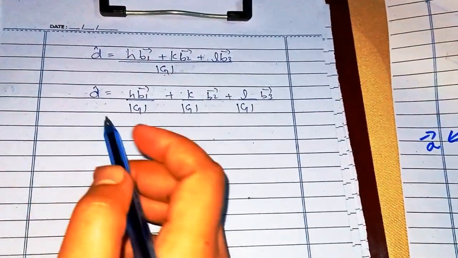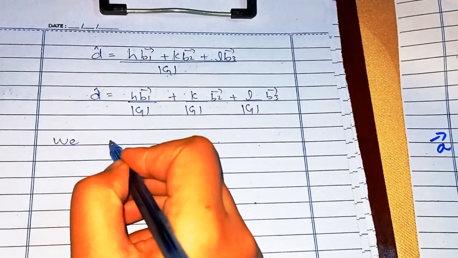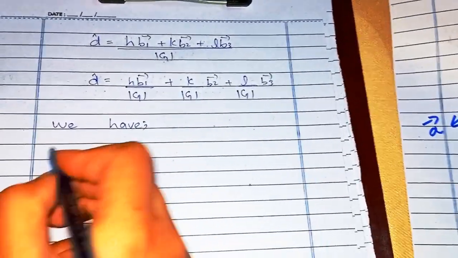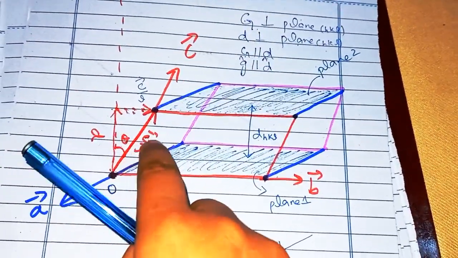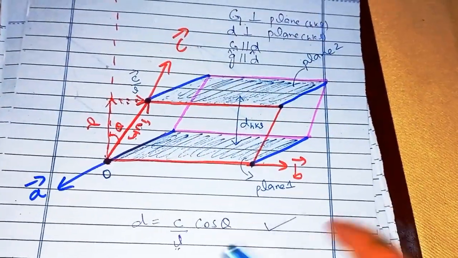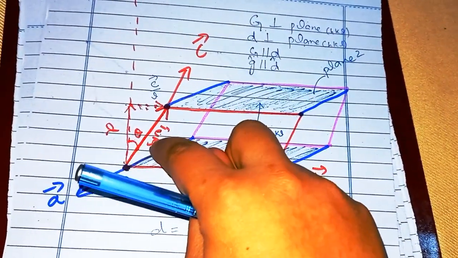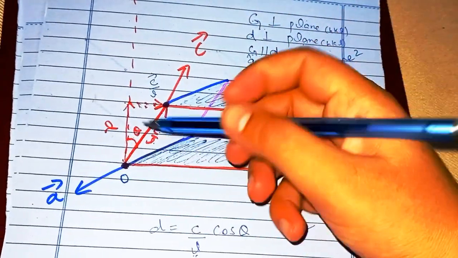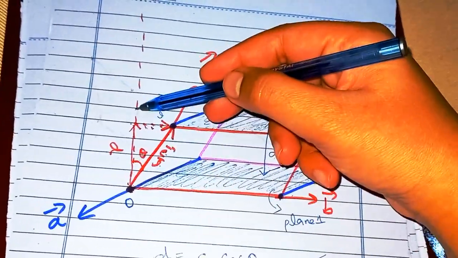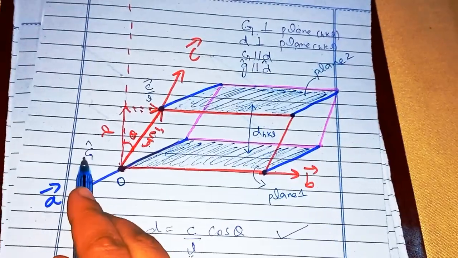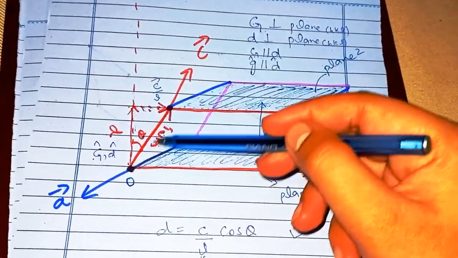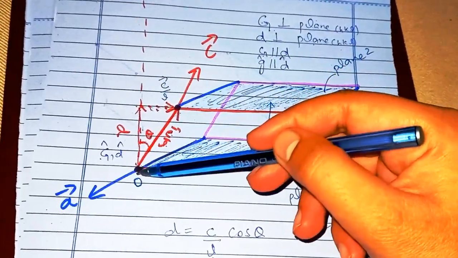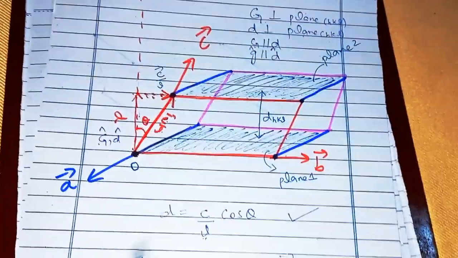Now what we are going to do is, we said that D is actually the horizontal component of C by L vector. There is another way to state it. D is equal to the component of C by L in the direction of G hat or D hat. Okay, so we can say that D is actually equal to the component of C by L in the direction of D hat, and we can write it in